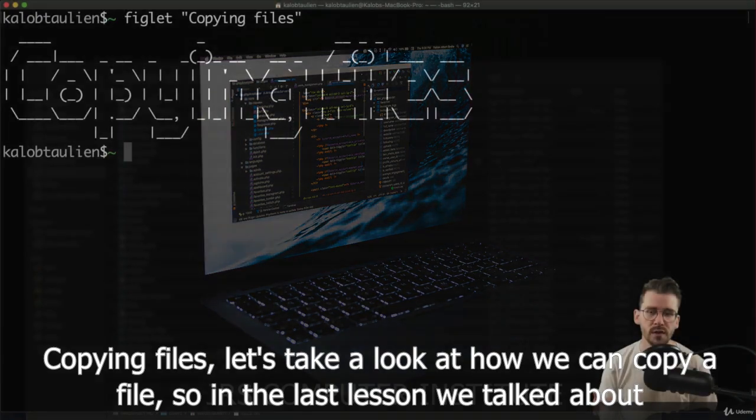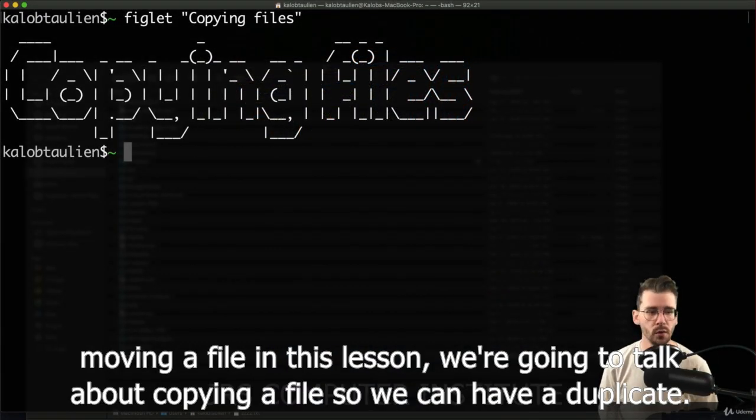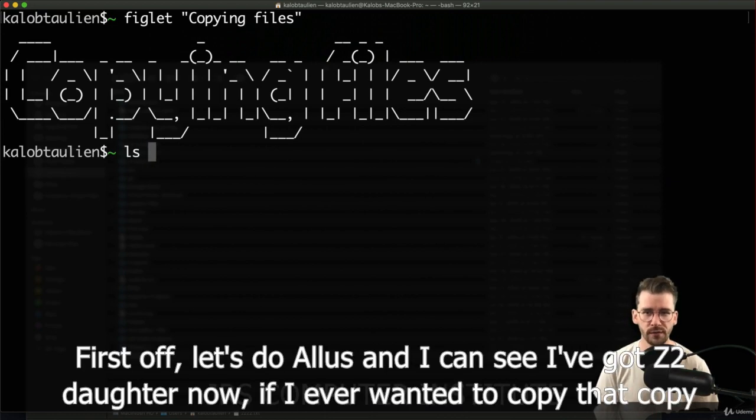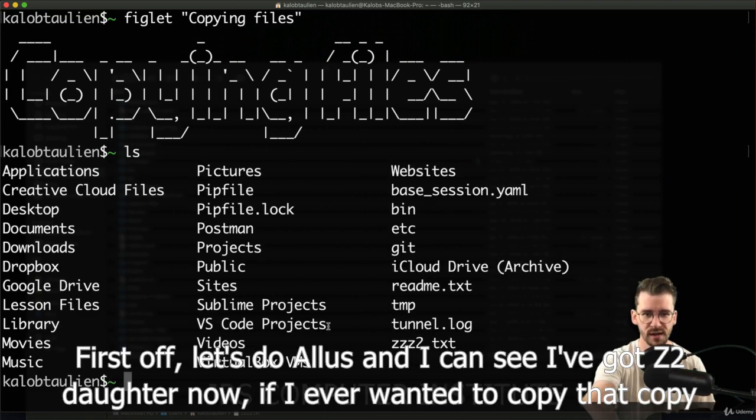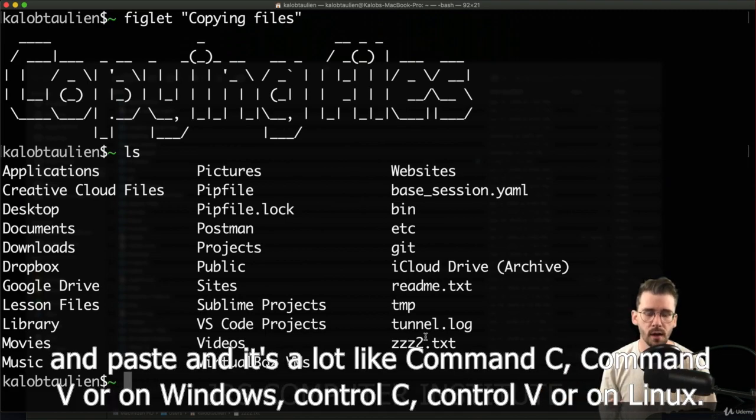So in the last lesson, we talked about moving a file. In this lesson, we're going to talk about copying a file so we can have a duplicate. First off, let's do ls, and I can see I've got zzz2.txt. Now, if I ever wanted to copy that, copy and paste, it's a lot like Command C, Command V,